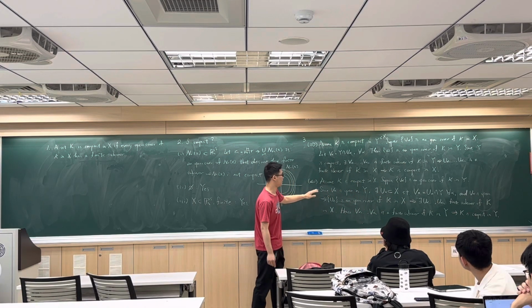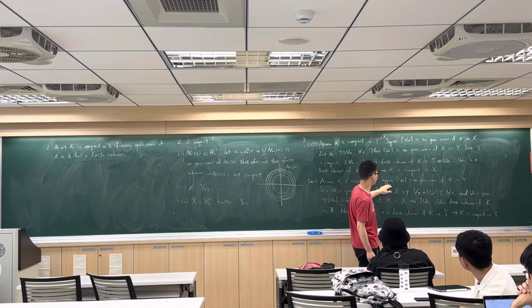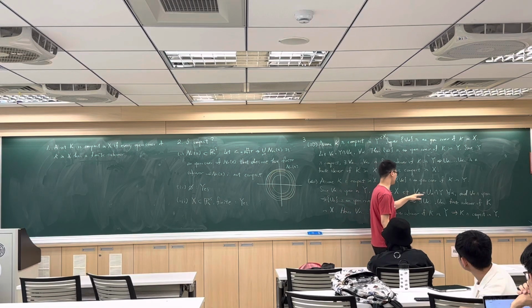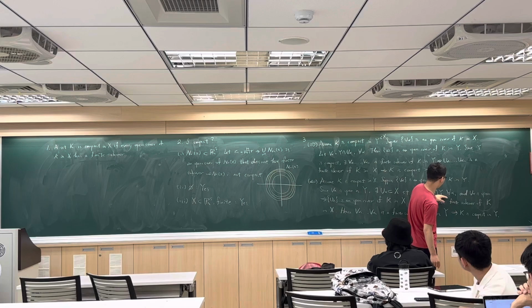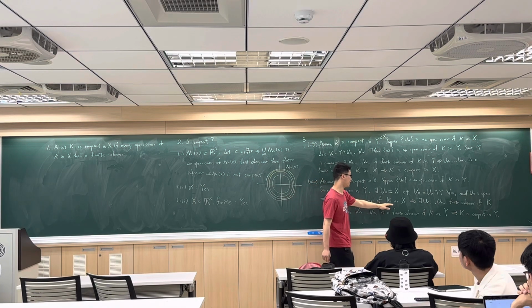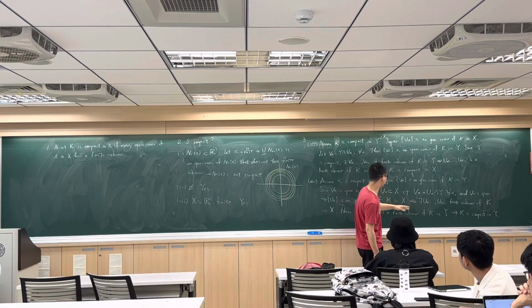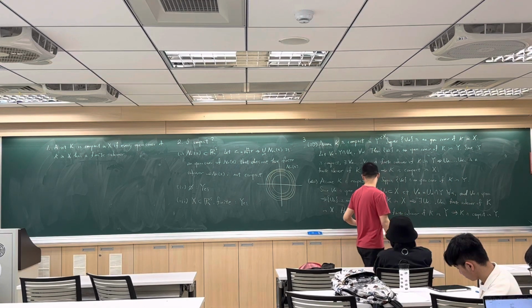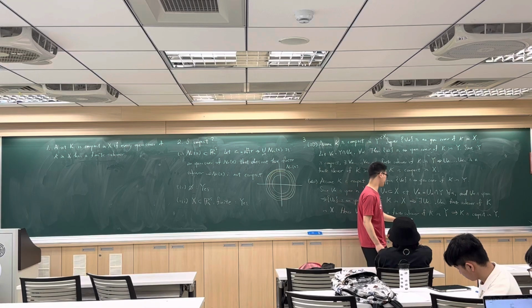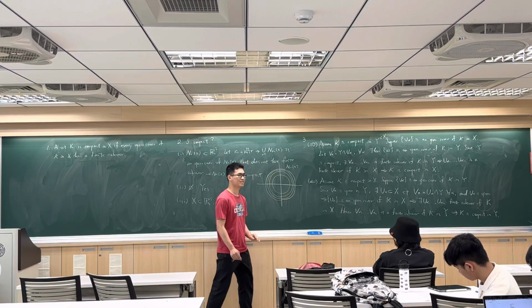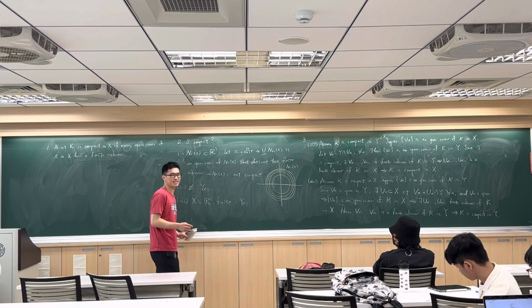So K is compact in X. The converse is very similar. Assume K is compact in X. Suppose V_alpha is an open cover of K in Y. Then because V_alpha is relatively open in Y, there exists U_alpha in X such that V_alpha equals U_alpha intersect Y, and U_alpha is open in X. Then U_alpha is an open cover of K in X. So because K is compact in X, there exist U_alpha_1 to U_alpha_n that is a finite subcover of K. Hence V_alpha_1 to V_alpha_n is a finite subcover of K in Y, which implies K is compact in Y. Is that okay?